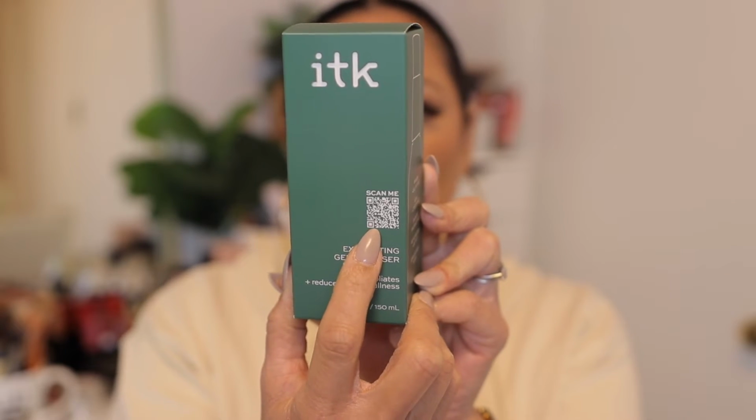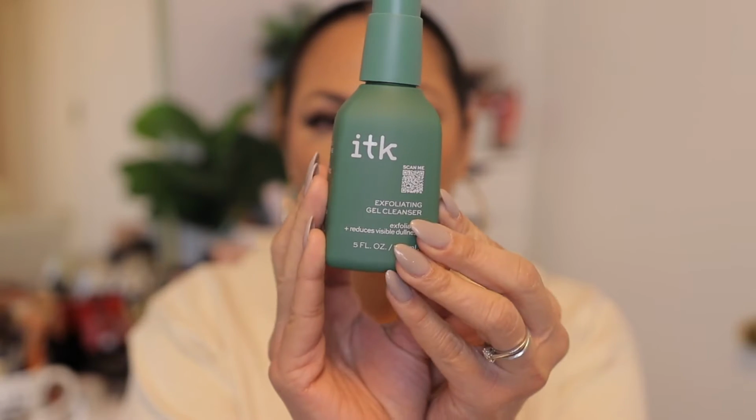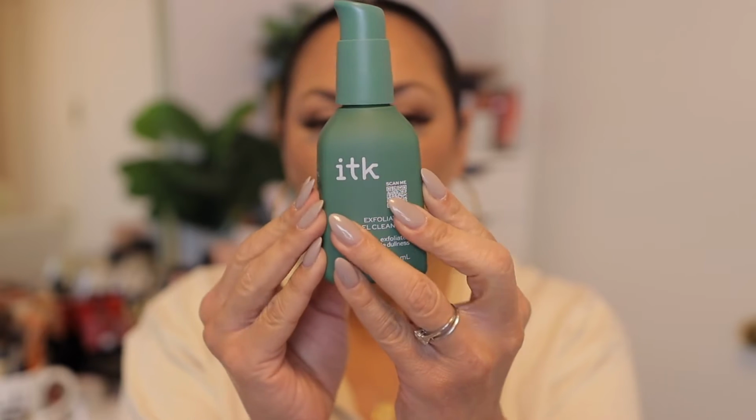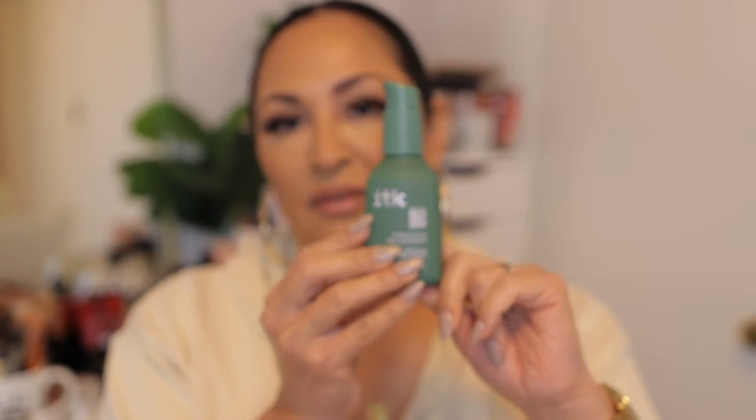You can also scan the QR code and it'll give you all the information about this product. So the ITK is short for "in the know." This is what the bottle looks like, which I thought was really nice packaging, guys. It has that soft matte feel to it. It's a pump. You use this, of course, in AM, PM, but there's only going to be certain times when